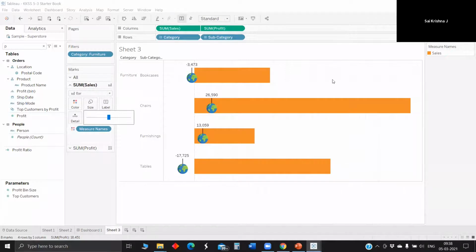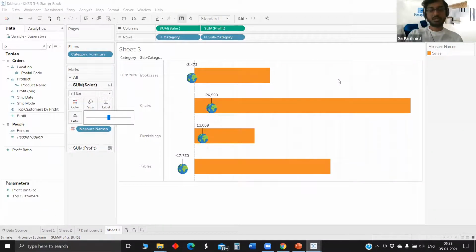Just to add to what Jairam was saying, this kind of visualization is like a speedometer. It's analogous to a speedometer, I would say, albeit on a linear scale rather than a circular scale. So that mark with that line shows you how much they have covered. In that way, it helps them get a relative view of the current position. It's a very good way of visualizing the thing.